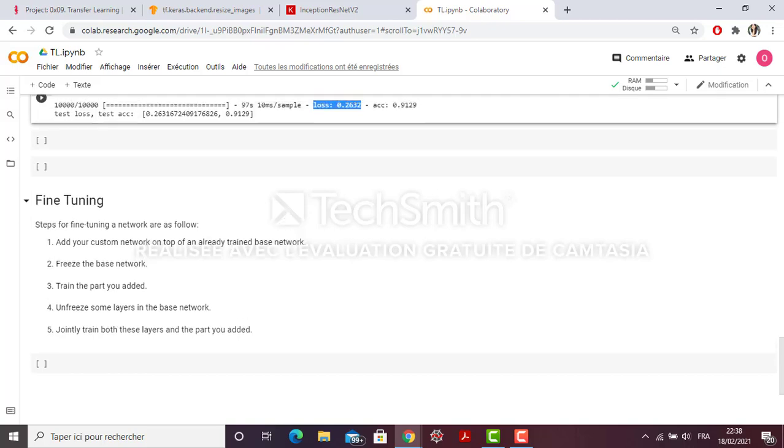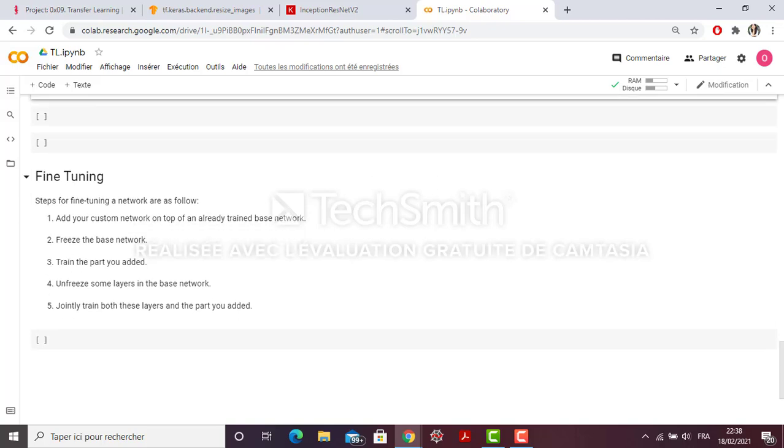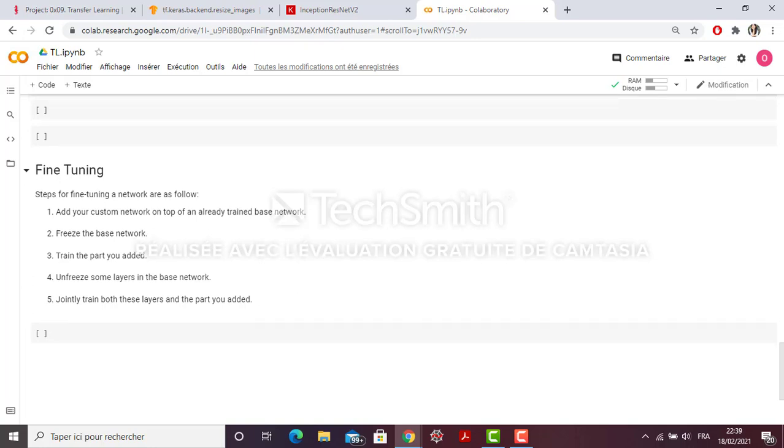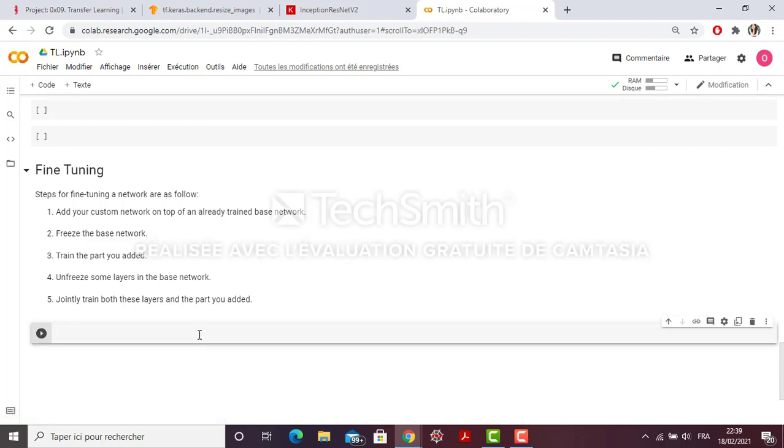I think they won't have good results, and it risks overfitting. So we will try to code these steps. What we need to do is unfreeze some layers and train both these layers and the part we added. But the problem here is how many layers should we unfreeze?